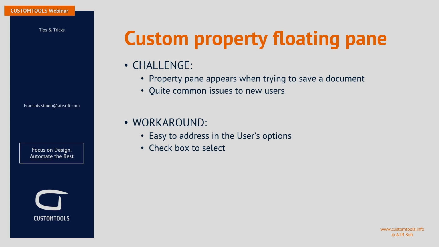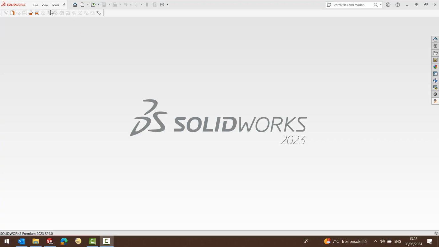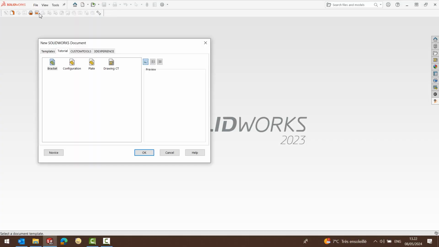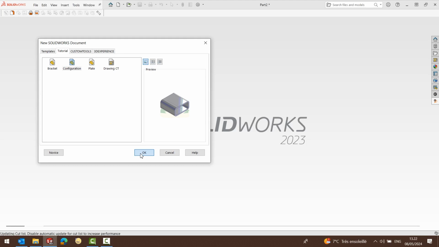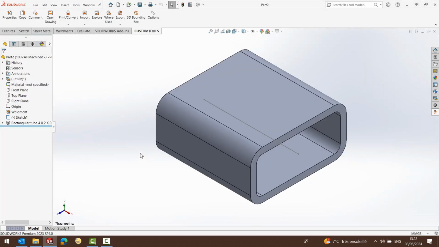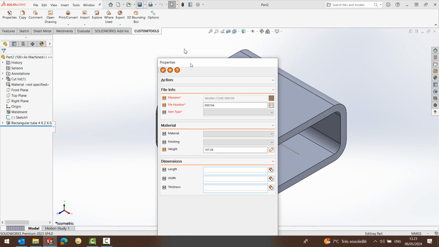To bypass this window, you can configure it in the user's options. Let's get started by creating a new model in SolidWorks. So I'm going to use one of my templates, and I'm not going to visit the property pane of CustomTools. Instead, I will click on the Save As from SolidWorks,